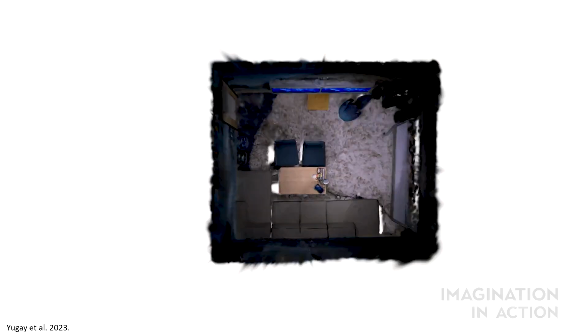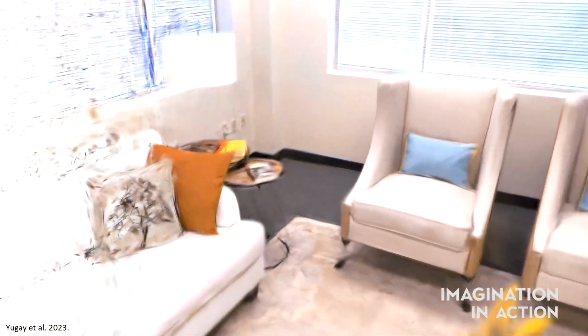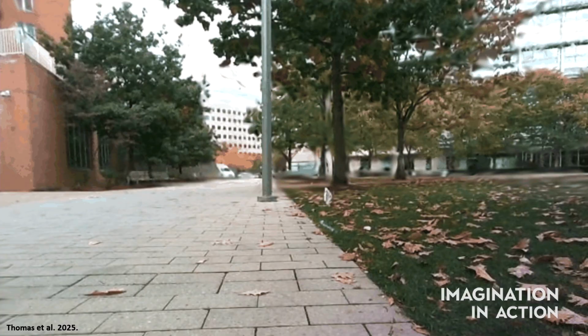And the cool thing about this type of environment representation is that we can render it in real time. So basically, we can move around the environment and understand and look at things in real time on board a robot. So what I'm doing in my research is I'm actually expanding this beyond these indoor room settings in these